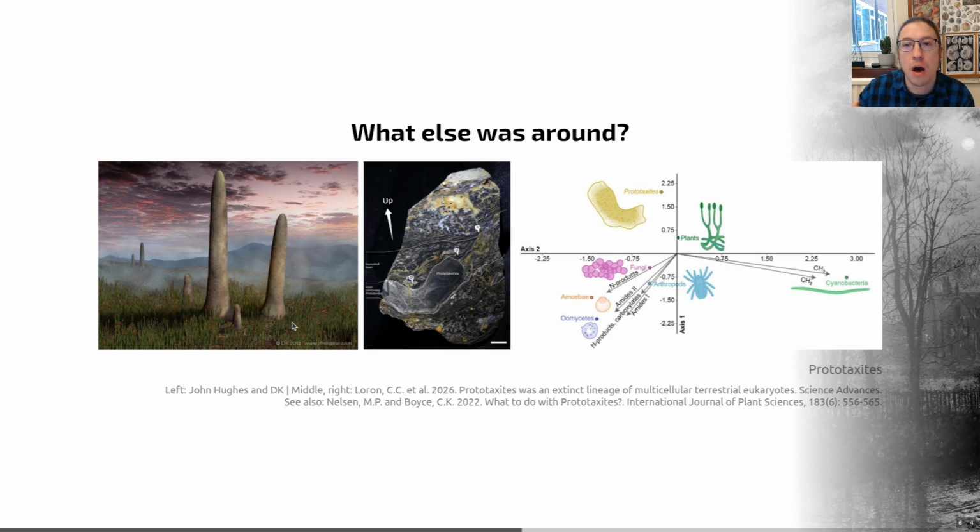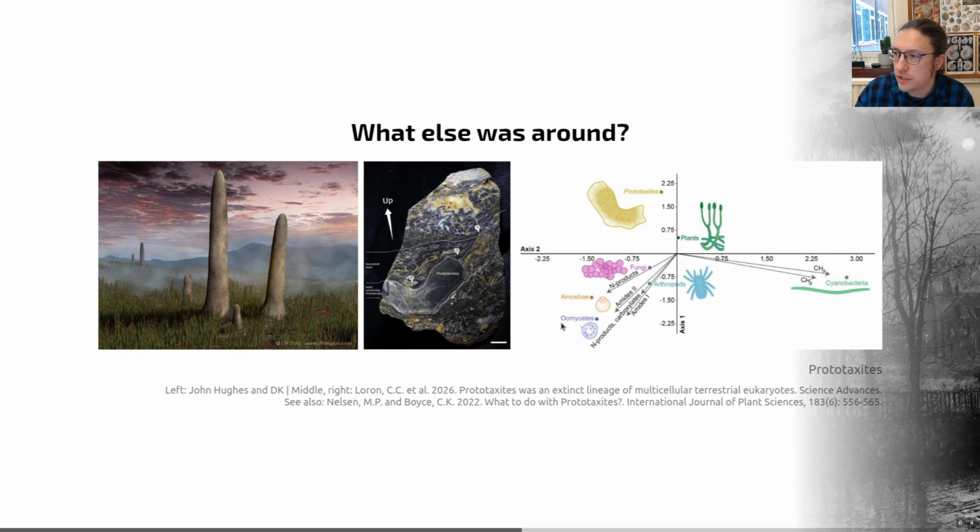Its affinities, what it's related to, have been debated for about 150 years since it was first discovered. The most prominent theory in recent decades has been that it may have been a fungus, perhaps different to living groups, or perhaps part of an extinct lineage. This recent paper